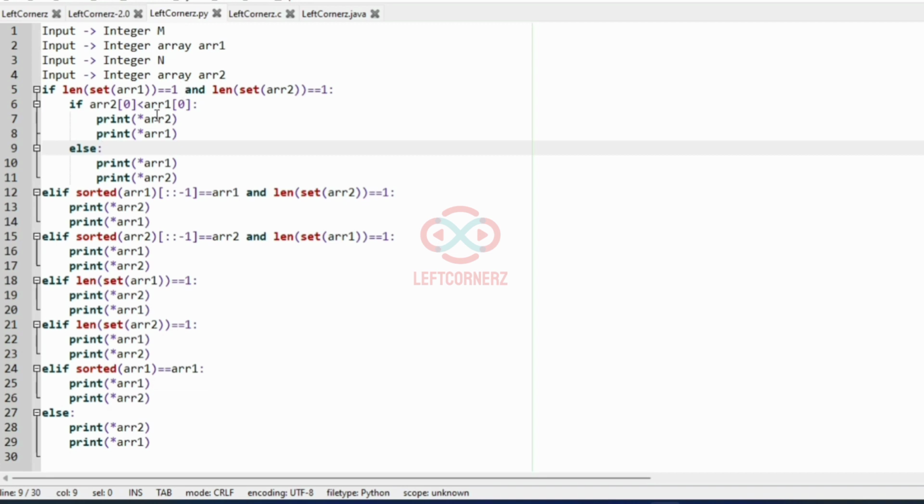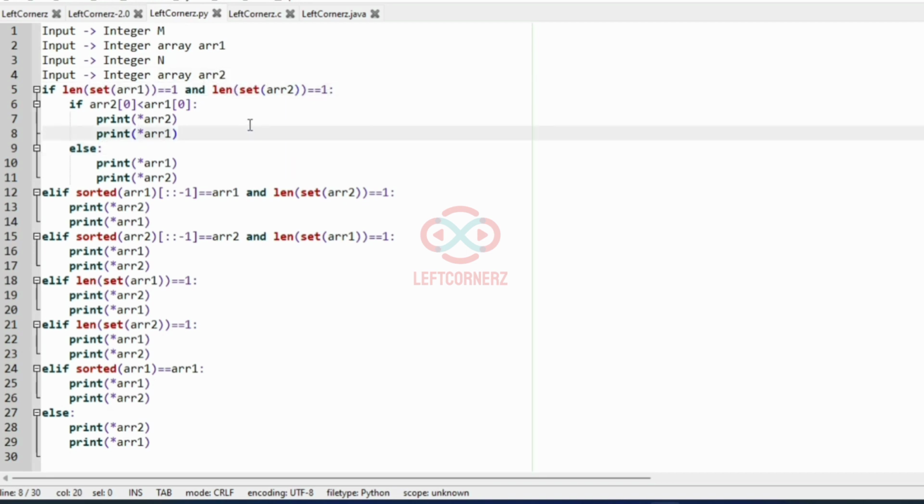Our first condition is to check whether both the arrays have the same values or not. That is, if the length of set of array 1 is equal to 1, which is equal to the length of set of array 2 equal to 1, then we'll check the other condition.